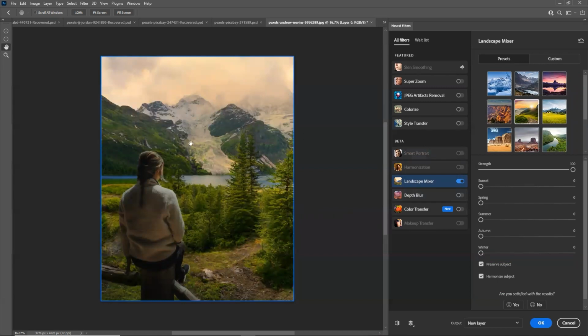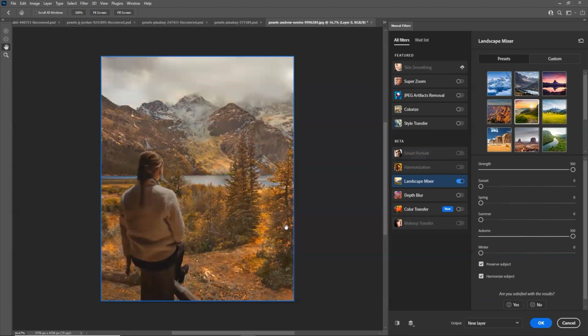Lovely, isn't it? It has taken everything that it required and not touched even the person who was in the scene. And if you see the light direction, it is absolutely bang on, absolutely perfect. So you have turned God. Even after taking the snap, you can change so many features of this particular landscape. If you want to change it to autumn, you can do that. If you want to change it to winter, you can do that. If you want to add lush greenery, you can also do that in this particular image.